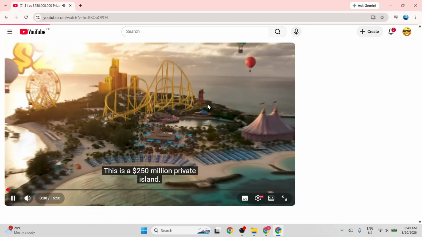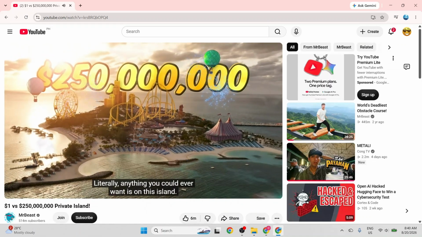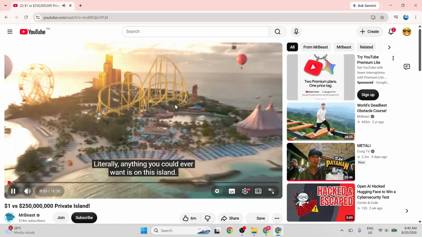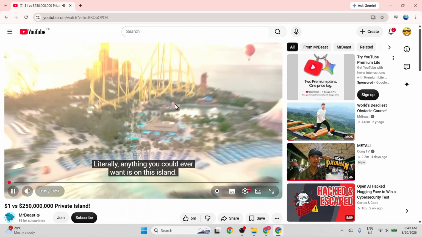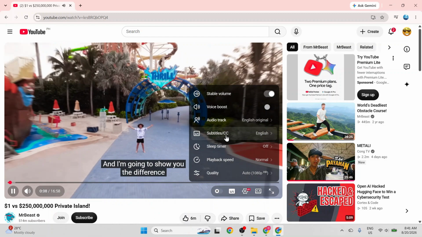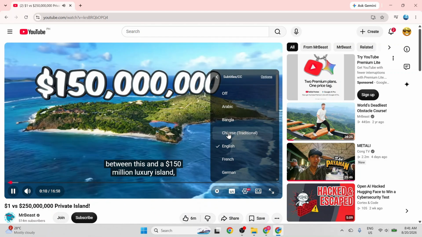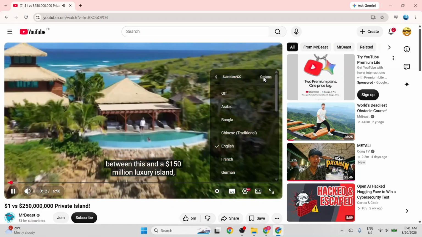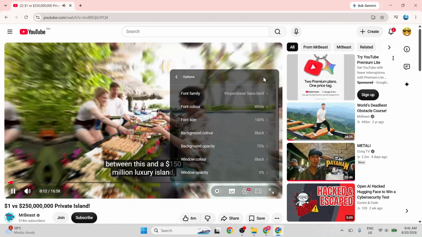As the video starts playing, I move my cursor over the video player to bring up the playback controls at the bottom right. Here, I click on the gear-shaped settings icon to open the playback options menu. Inside the settings menu, I click on Subtitles and CC. In the subtitles list, I click on Options in the top right corner of the panel to access the full